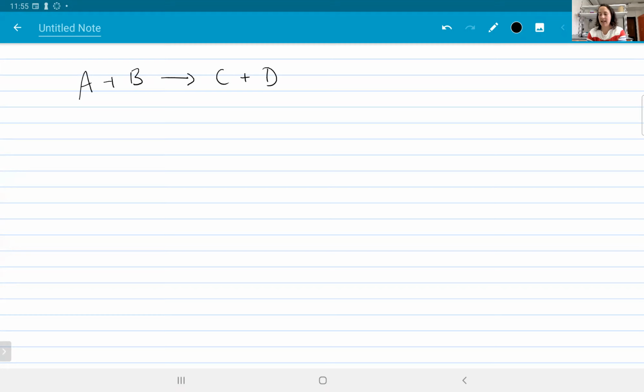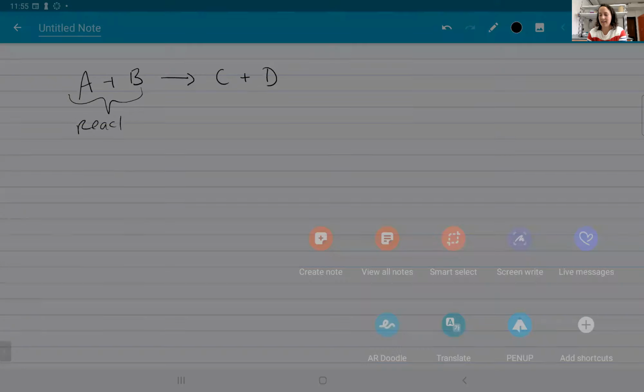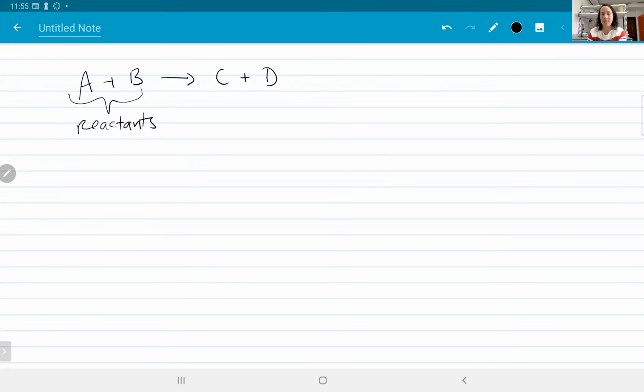So one of the first things is that everything on the left side is going to be the reactants. Okay, so we're going to be reacting those two things together, and everything on the right side is considered a product. All right, so we've got our reactant side and our product side. Anytime you see a plus sign, that separates two different chemical species, right? And the arrow that we use in our chemical equations says that our reactants are going to transform into our products. Okay, so the last fundamental would be if we had some coefficients sitting in the front